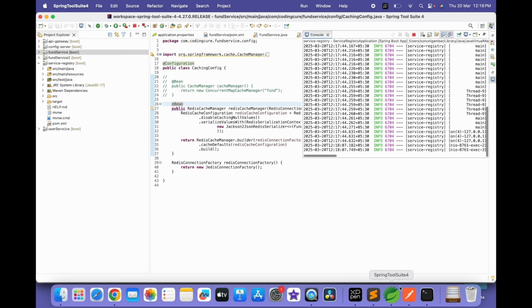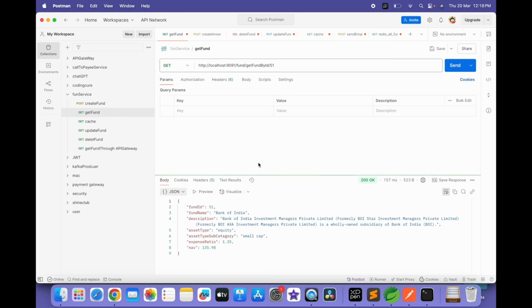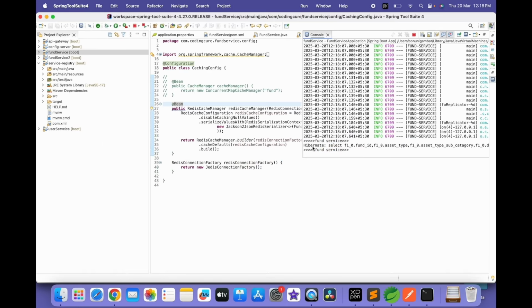Yeah, now it started. Now go to Postman, get the fund, send the request. Yeah, now it came, it's 157 millisecond time taken. Now 24 millisecond. That means it is coming from caching. So here, the first time I sent the request, the select query executed, and the second time I sent the request, it